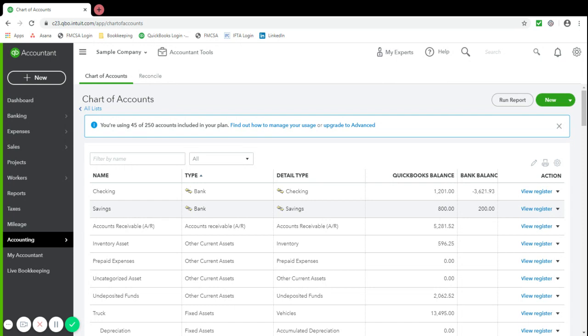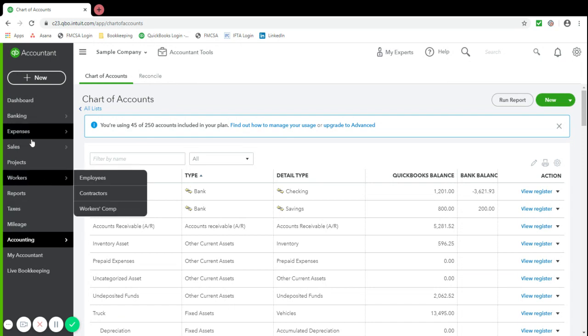So again, don't get so wrapped up in creating all the chart of accounts from the beginning. If you link your bank to QuickBooks Online, as you're categorizing all those transactions, you can also create the chart of accounts that way. And from here, I would suggest